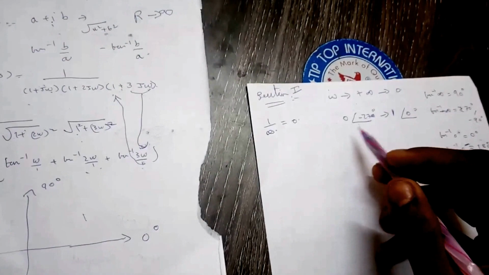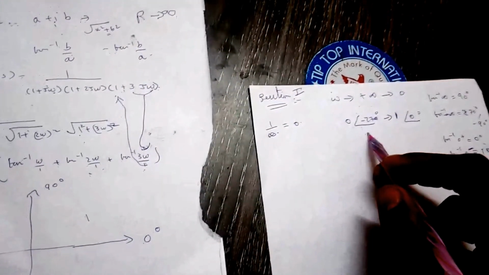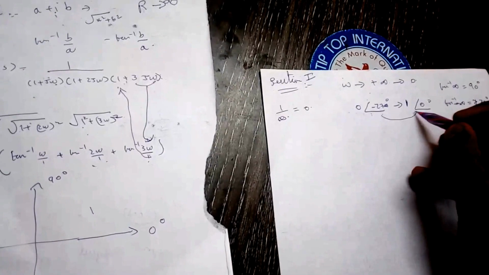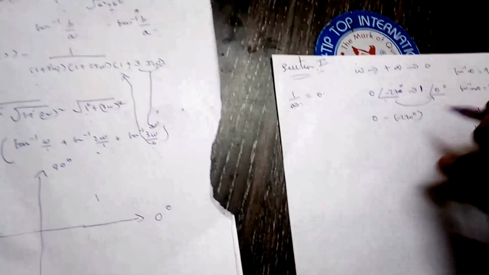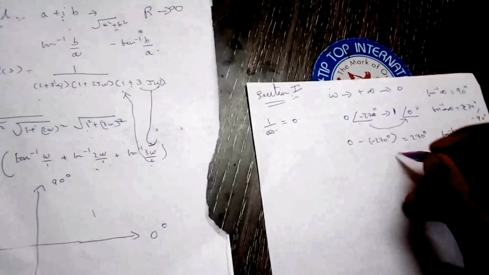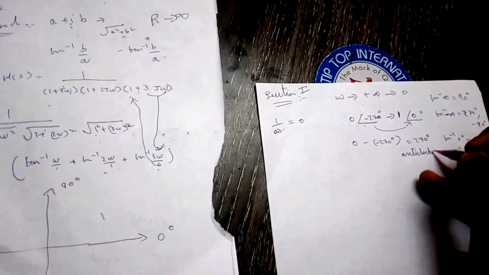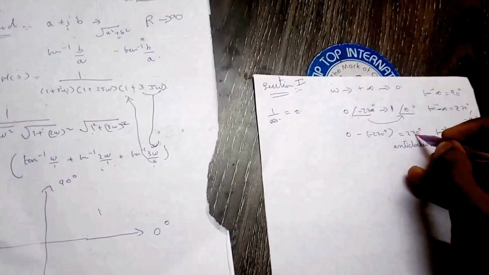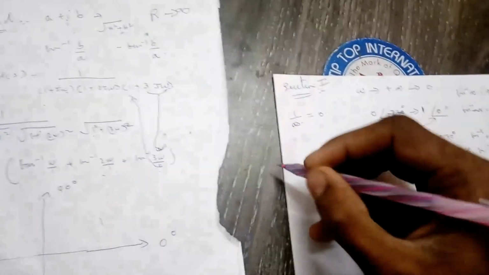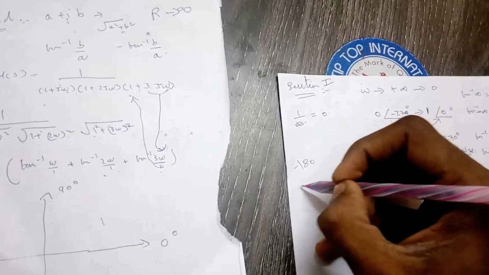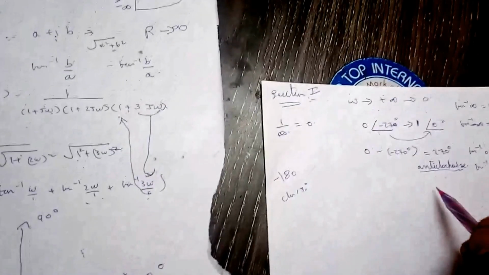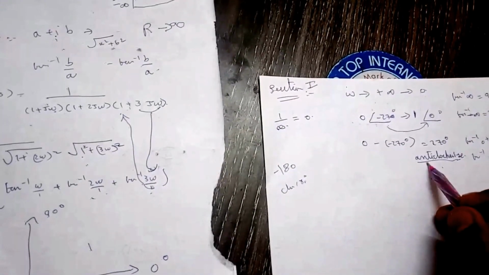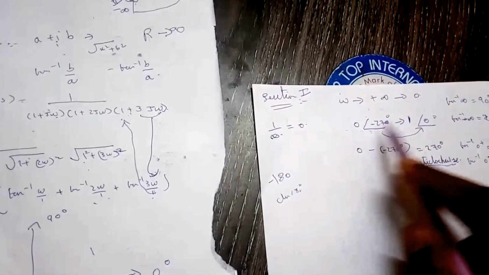But the most important point we need to notice is the angle through which it is going to vary. The change of angle will be 0 minus of minus 270 degrees, which is equal to 270 degrees. If the angle you obtain after doing this process is positive, then we will be rotating in the anti-clockwise direction. Since this 270 degrees is positive, we are rotating in the anti-clockwise direction. If we obtain, for example, minus 180 degrees, we will be rotating clockwise by 180 degrees. This is what we usually follow. So we got the anti-clockwise direction for section 1 from here to here.